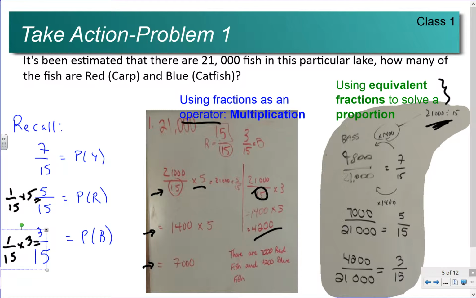of 21,000. And in doing so, what they were trying to do was figure out what is that multiplier. So what is this constant that I'm multiplying by to produce 21,000? So you can see how they've multiplied the 15 by the 1400, and what they've done to the bottom of the proportion, they've done to the top, and we're able to come up with a value. And they have